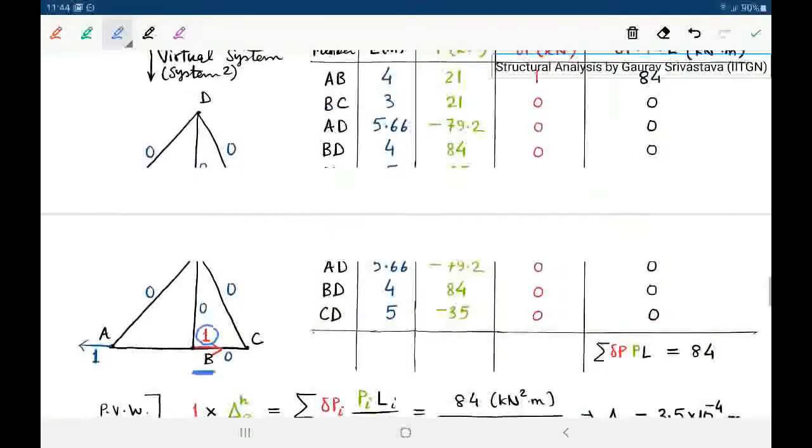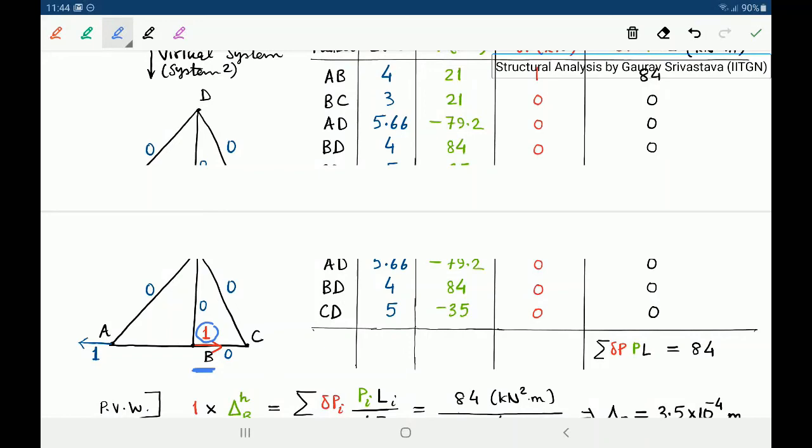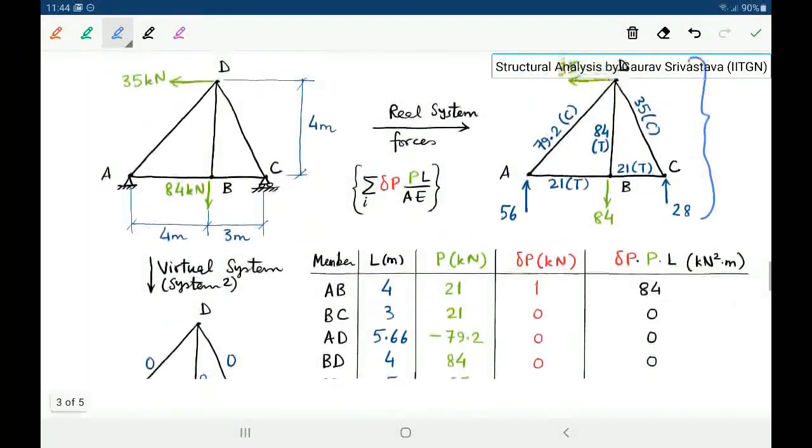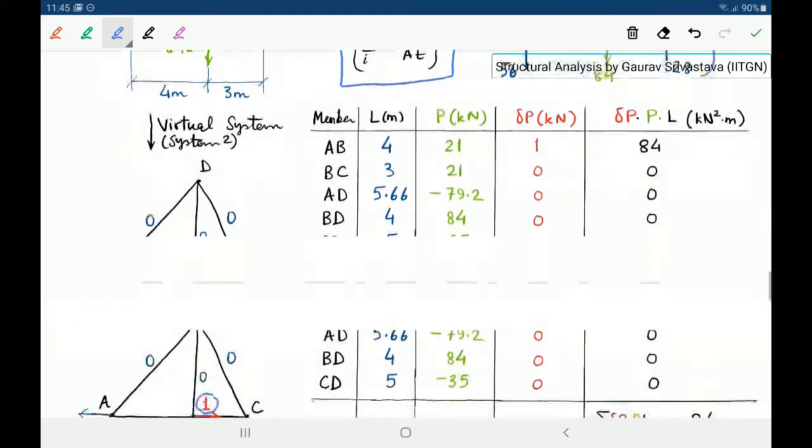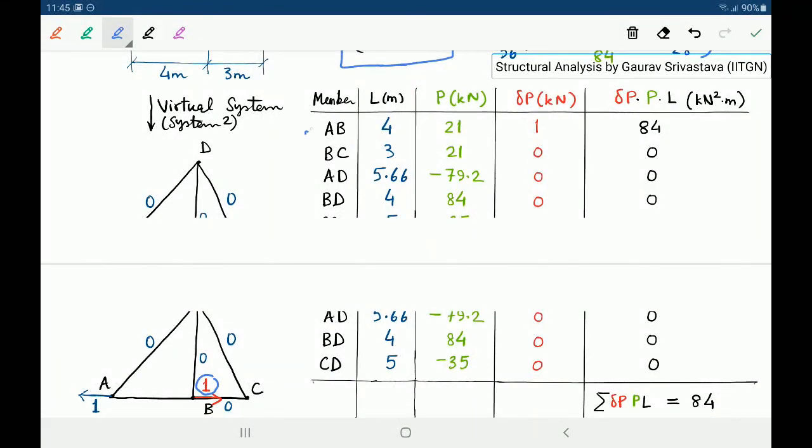Okay, and then for this virtual system, again we will do a force analysis, and we will have to find forces in all the members. Then we recall that the overall internal virtual work will be the summation of this for all the members, and here we are able to integrate out the x, so we have the L here, right? That we can do in a tabular form. For each member AB, BC, and all of them, we write the length, we write the force in each member due to the real force field, which is in green. We write the force in each member due to the virtual force field, which is in red. Then we calculate this product,